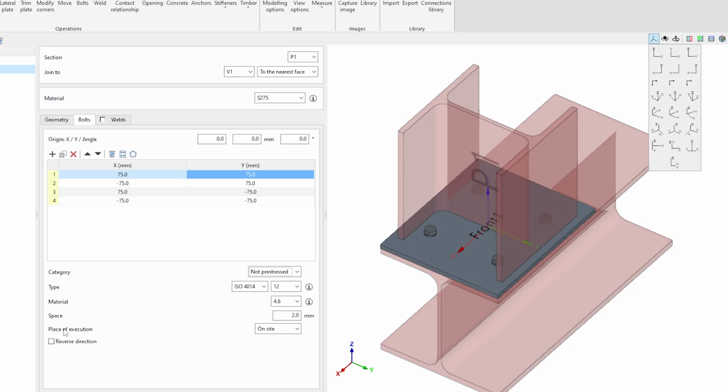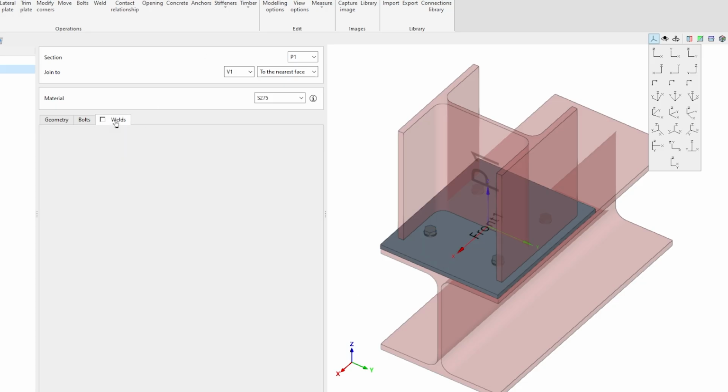And now the execution is a very important part both of the bolts and the welds, especially if we're speaking about StruBIM Steel. It all depends on if they're bolted or welded on site. If the pieces are going to come as an assembly to the site, or if they are going to be individual pieces. So here we're going to say that these bolts are going to be executed on site. And now moving to the welds,